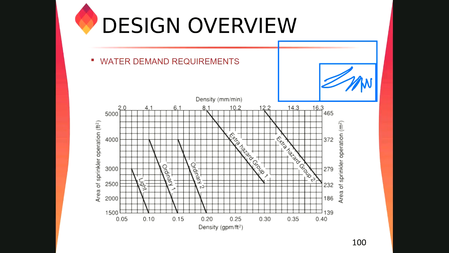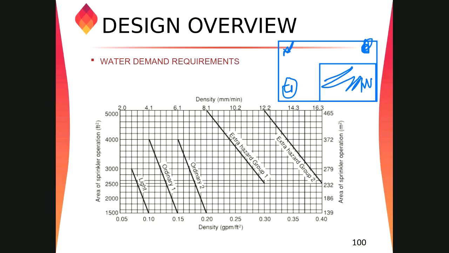So we don't have to consider the complete building, because if there is a fire it will originate either in this area, where those sprinklers will be activated, or in this area. Fire will start only at one point. It's a single point calculation. Keeping that in mind, we just have to make our design area as per this table and the NFPA requirements. No one is going to select 4000 square feet as the design area. That is not possible.